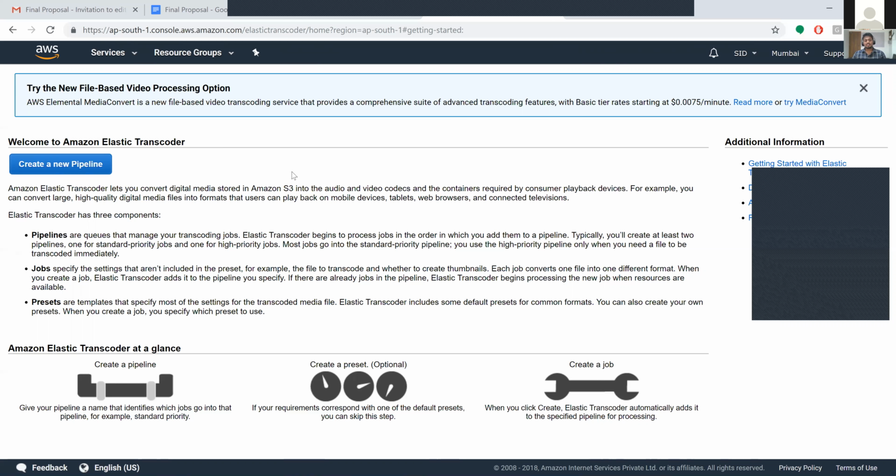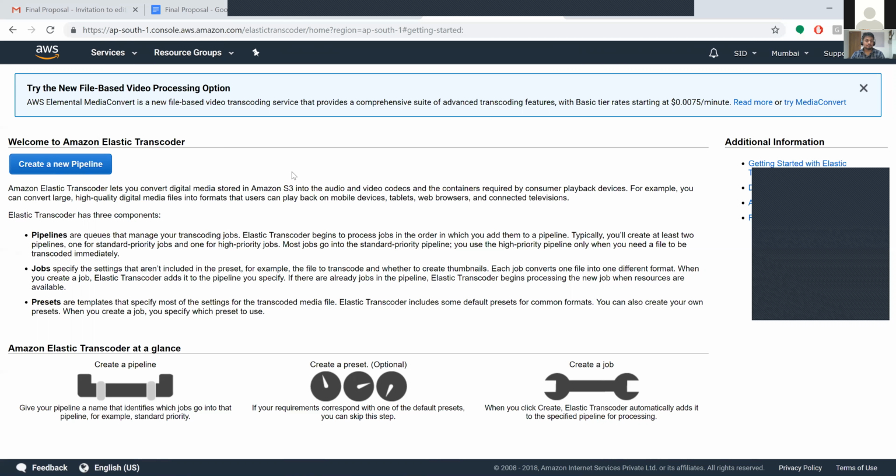When you create a job, it adds the job to the particular pipeline which you specify. And if there are already jobs in the pipeline, it starts processing the new job whenever the resources are available.